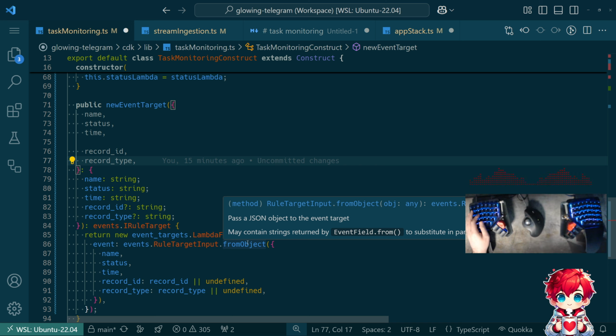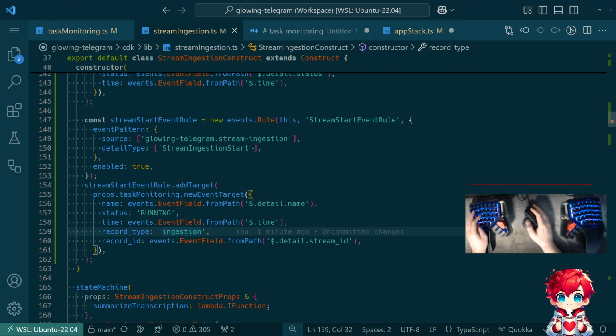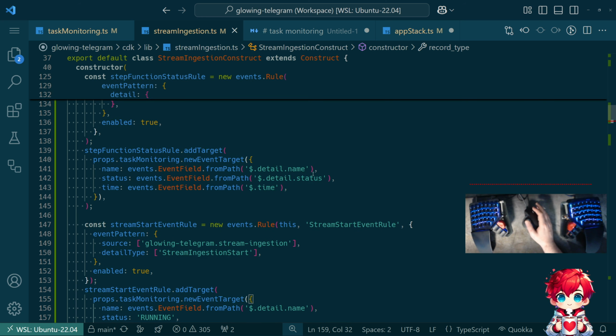It contains strings returned from event field.from to substitute parts of the matched event. Okay. Yes, yes. Okay, this makes sense. Okay, so